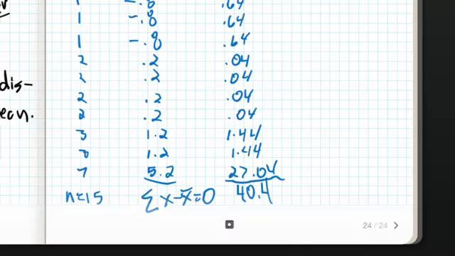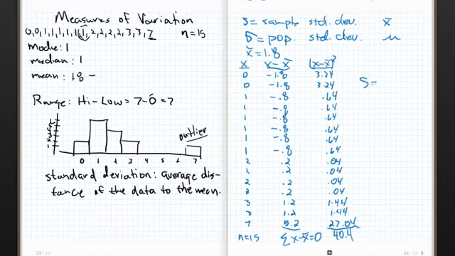Because what we're going to do now is we're actually going to find s. And this is going to look really strange. And we'll think about this more critically in class. We'll talk more about this. Because remember, the vast majority of all of what we're doing here by hand is going to be done on your calculator. I'm not going to force you to do but maybe one of these by hand. So don't panic and say, I'm going to screw this up. Don't worry about it. You'll get lots of practice. Now, what I'm going to do is I'm now going to take 40.4